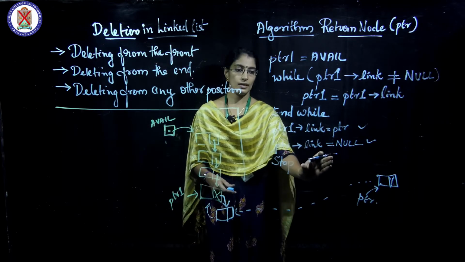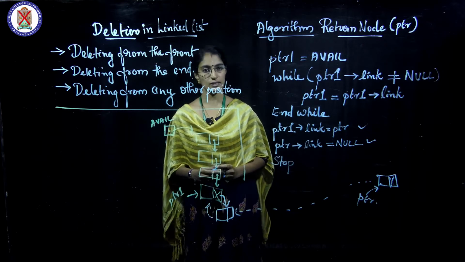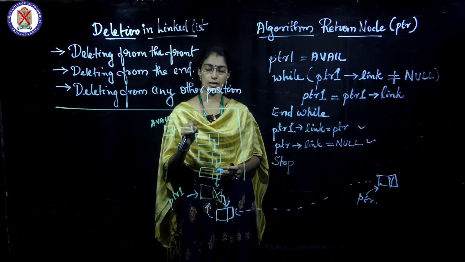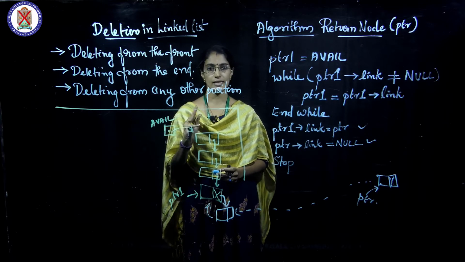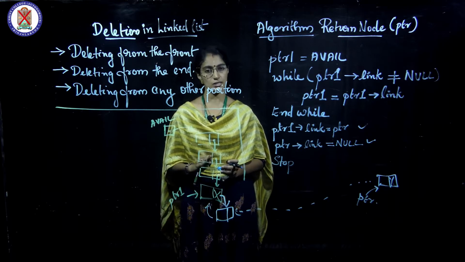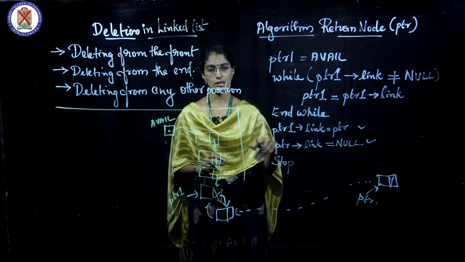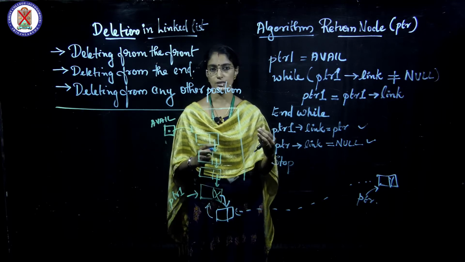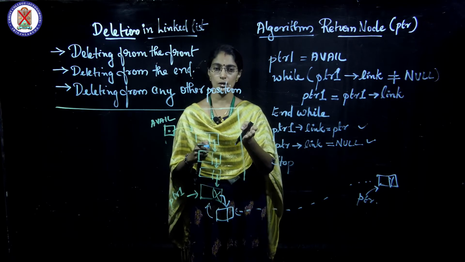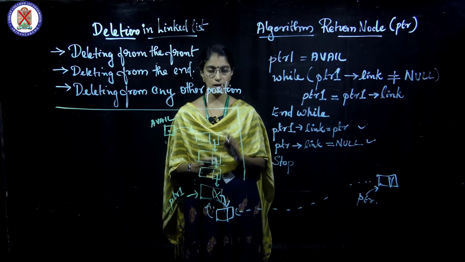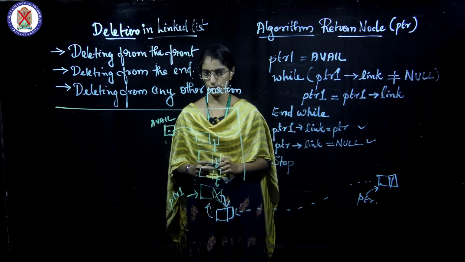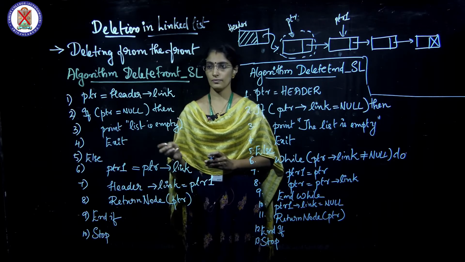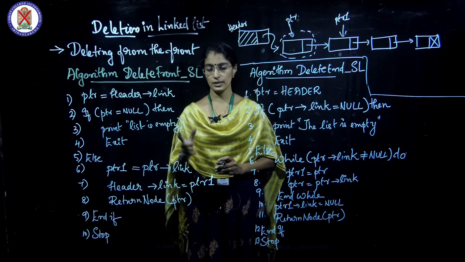So I repeat, return node algorithms are used in deletion algorithms. Deletion can be done at front, at end, and any other position. Wherever deletion is done, the unused nodes are returned to the memory using the return node. When they are returned to the memory, they go at the end of the memory pool and get joined there, and these nodes can be further reused. Now we will be dealing with the deletion algorithms, deleting the first node, that is from the front,